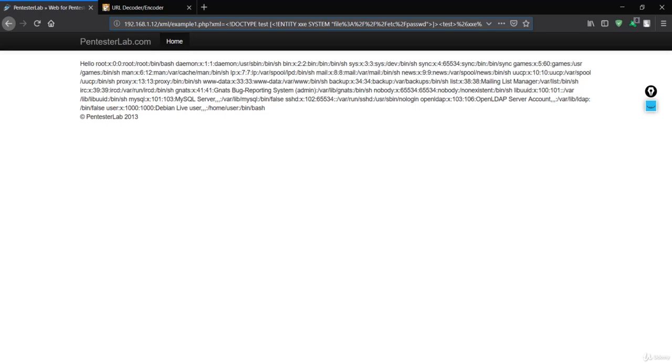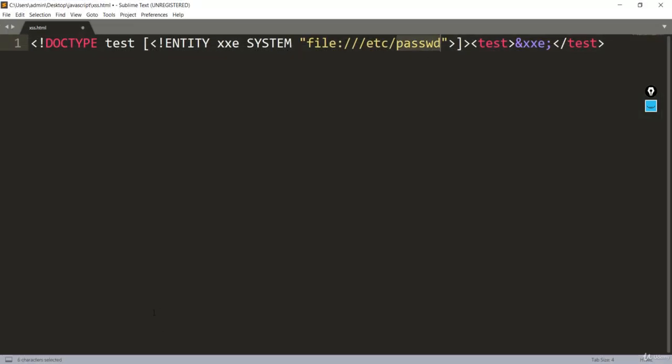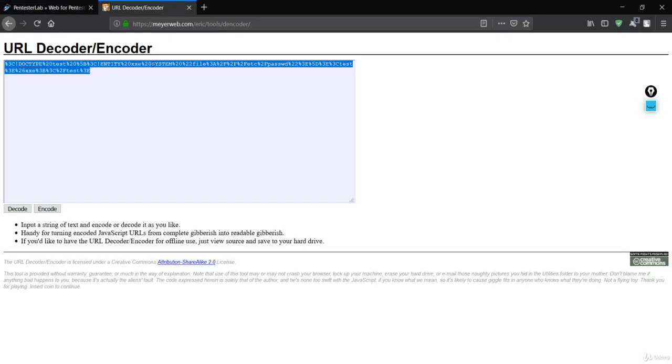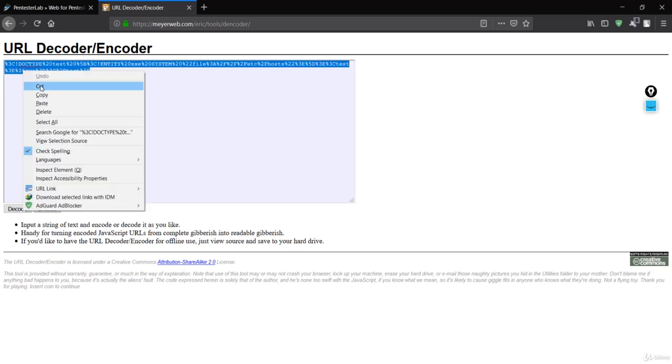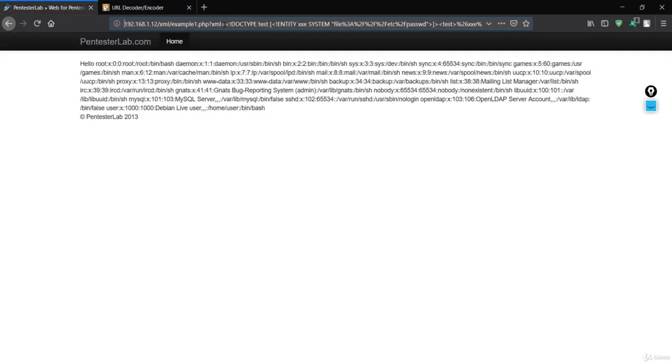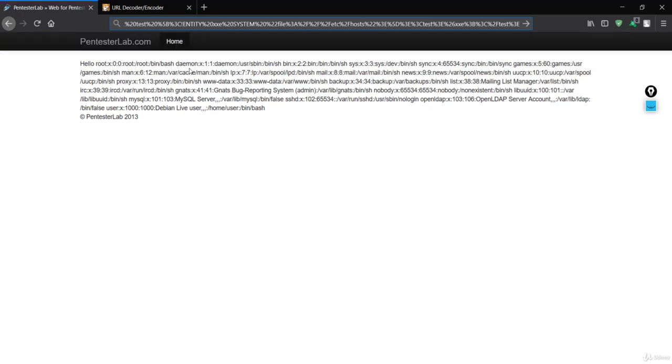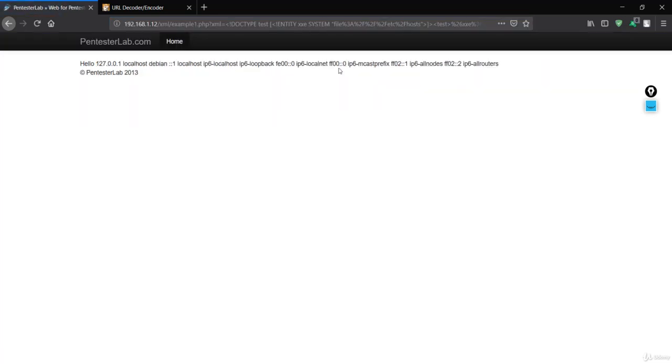You can do something like this: in this payload, instead of passwd you can also get the hosts content. If you want the hosts content, then you simply change that, copy it again, go to the URL encoder decoder, paste it here and encode this, copy it again, and go back here. Instead of the old one you have to paste the new encoded payload, and if I hit enter, it will show the content of hosts.